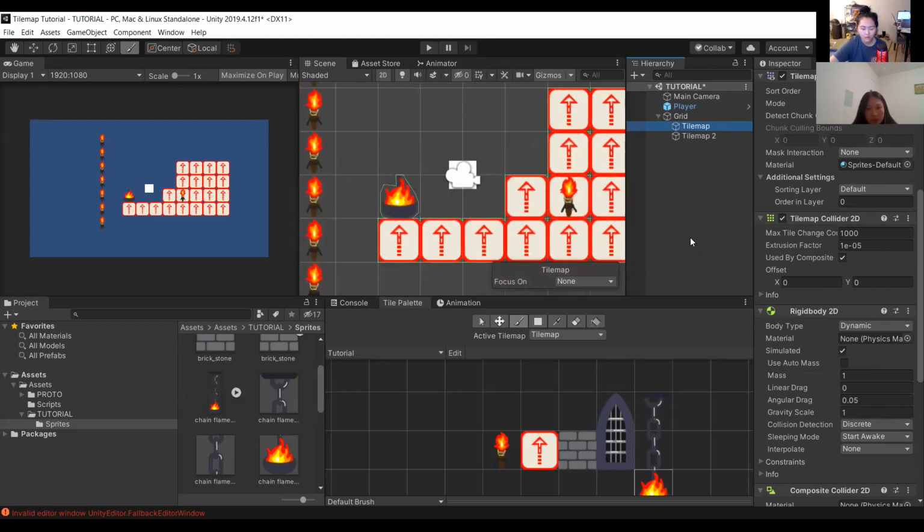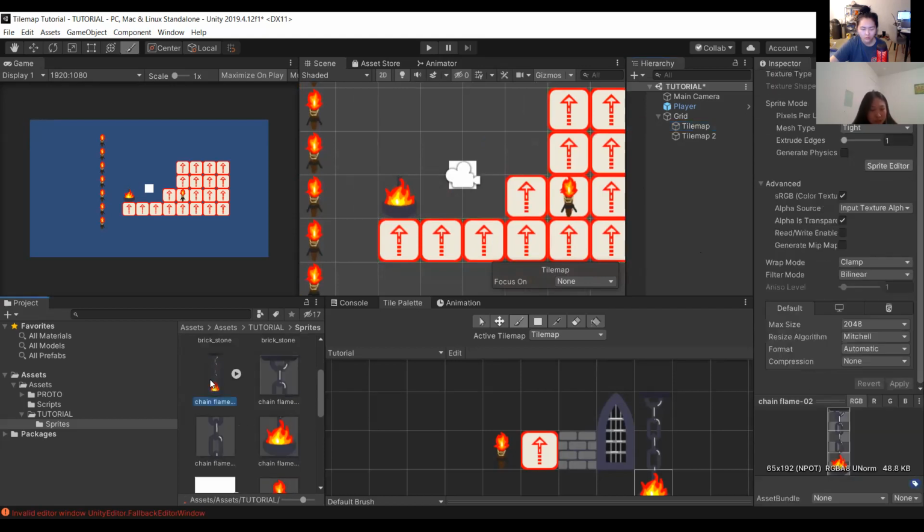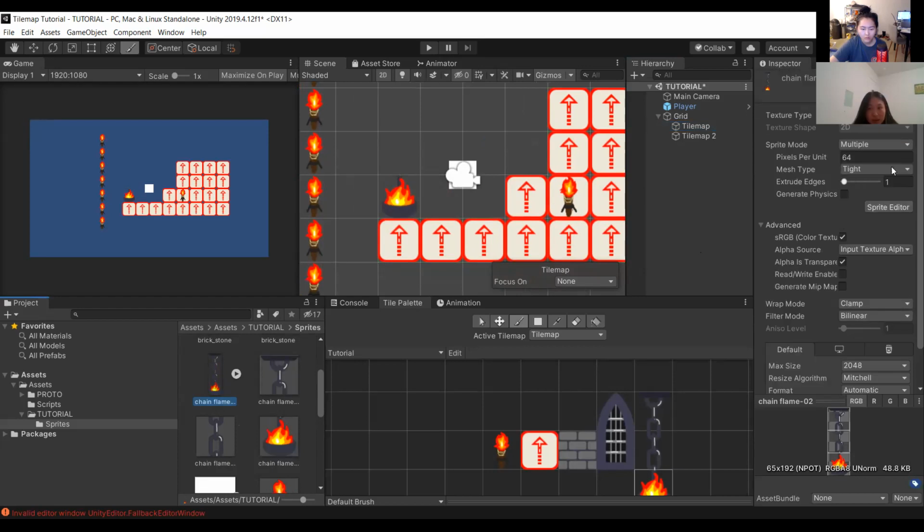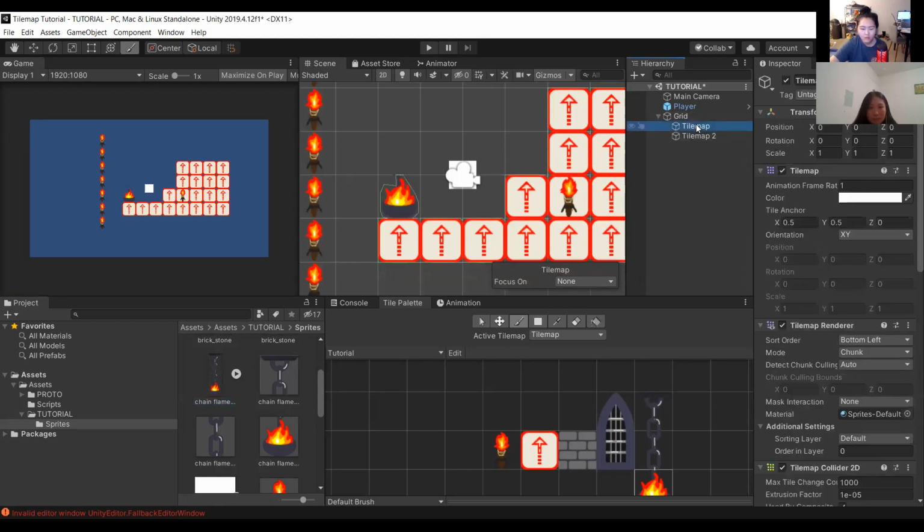Can you just show how to get to the generate physics again, please? Yes, of course. So you want to click on your sprite. And then there's a little button that says generate physics. It's with the sprite mode, all that sort of stuff. You just want to uncheck that button. And I have to do that before creating the split tile map thing? Yes. You want to do that before you create the tiles, so before you drag it into the scene. I've already dragged it into the scene, so it hasn't changed anything, but yes.